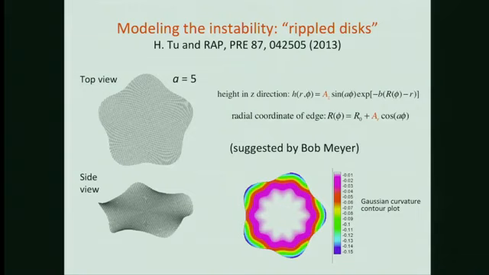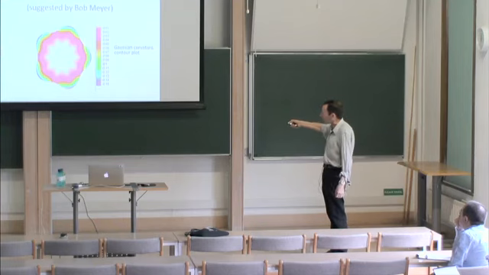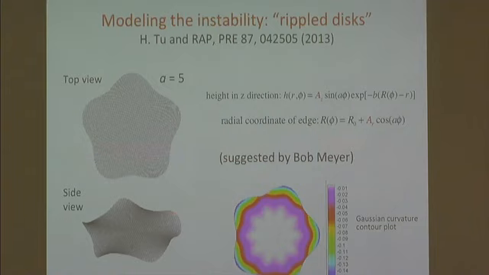And then, in addition, here is the rippling in the height, and the exponential is just saying that, experimentally, even if these height ripples can't be seen, it's pretty clear they are tailing off, they're decaying as you go into the interior of the disk. So that is just the model that Bob suggested, and I've highlighted these parameters